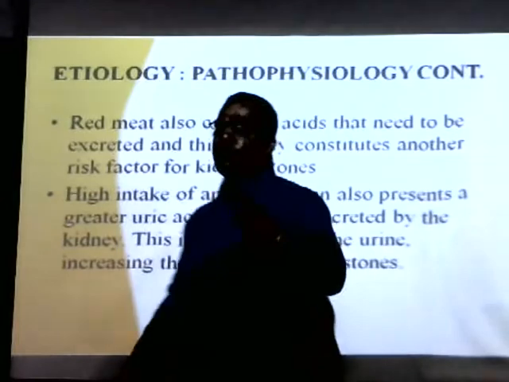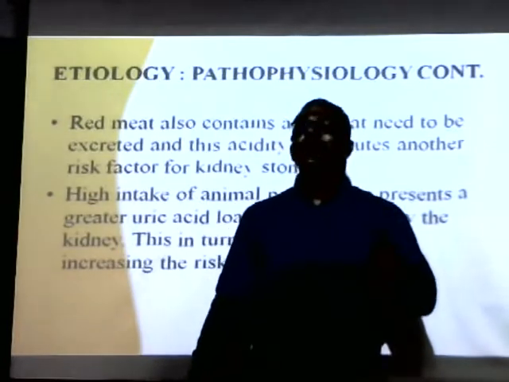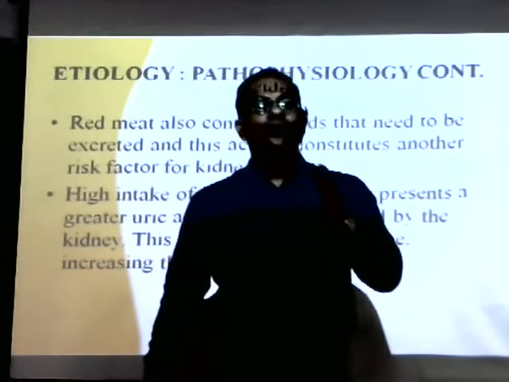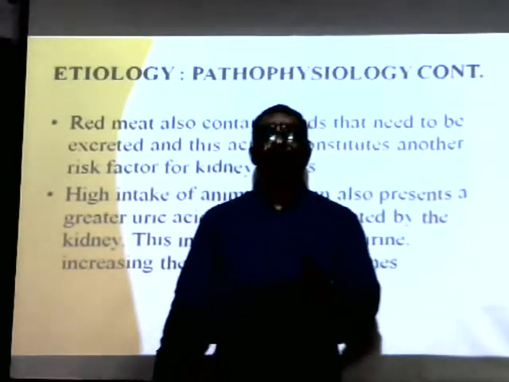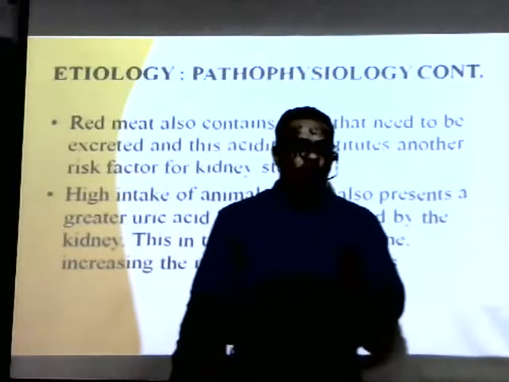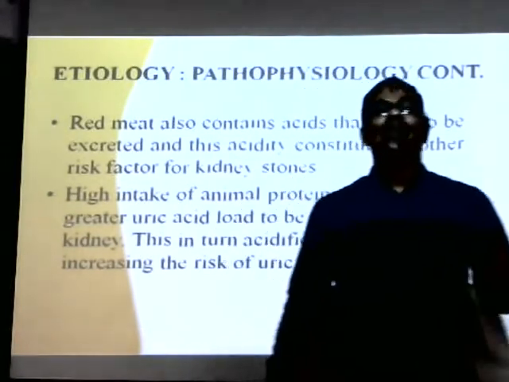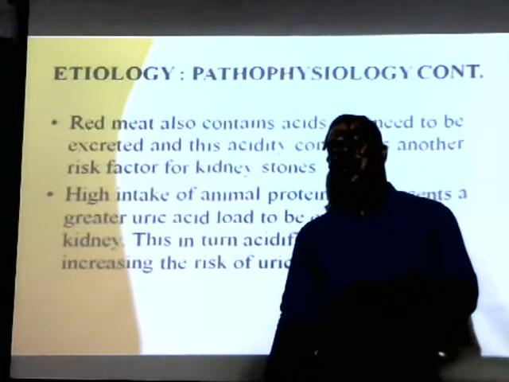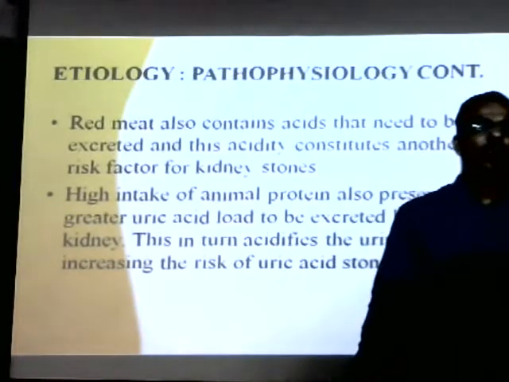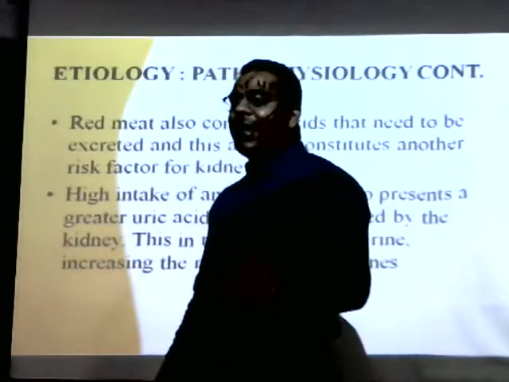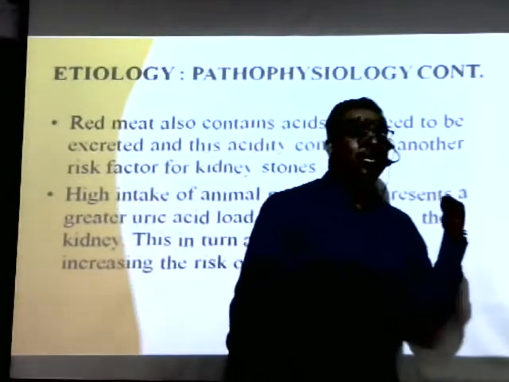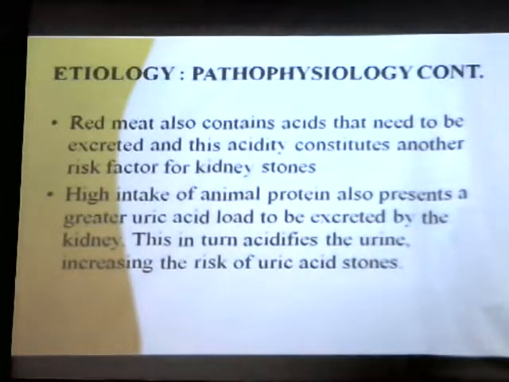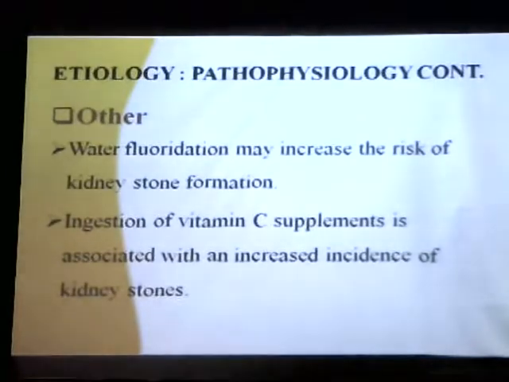Question: a patient comes to you with renal calculi. He is a non-vegetarian. The first suggestion that you will give is to reduce the amount of animal protein that he is eating. Promote that person towards a vegetarian diet, and eventually you will see that the recurrence of formation of renal calculi will reduce considerably. So not only will your medicines help, but this suggestion of reducing dietary animal protein will definitely help the patient to not develop renal calculi again.